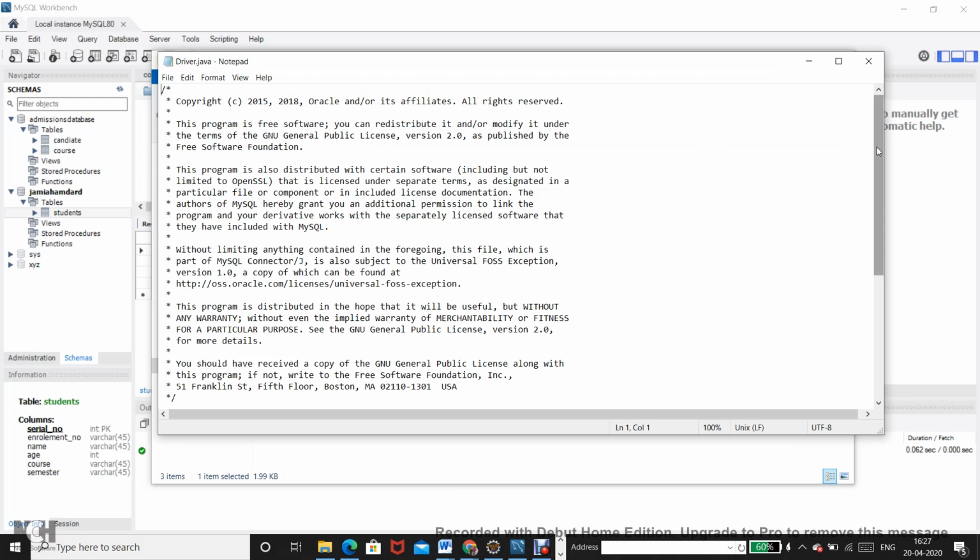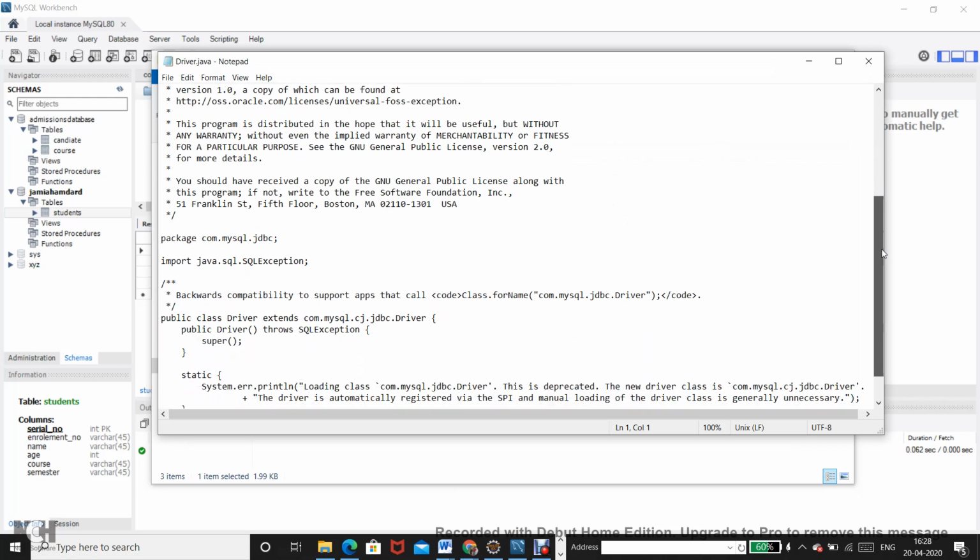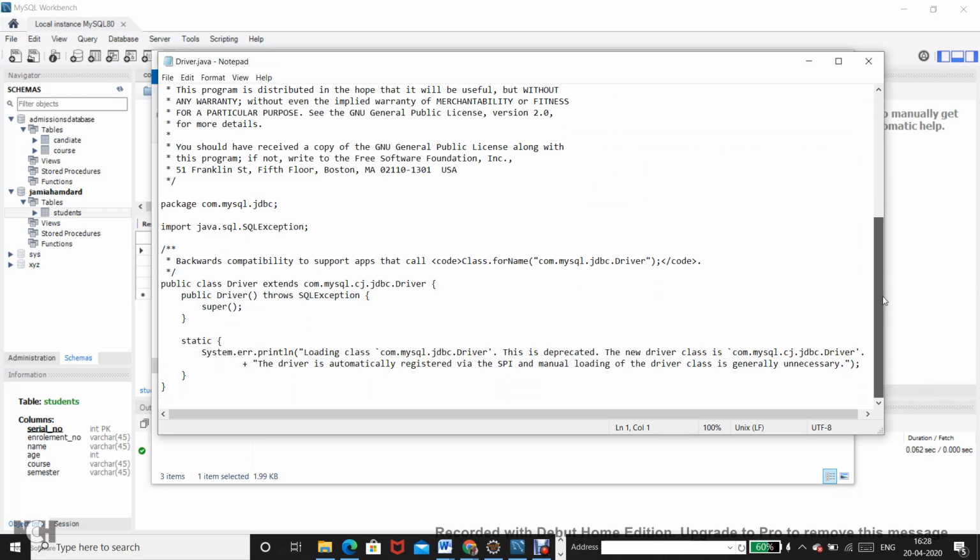So this is the driver class, and inside the driver class there is a static block. There is a static block, right, inside the driver class. Now what is a static block?